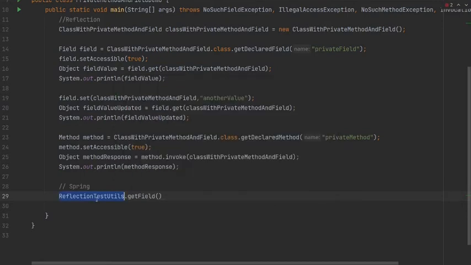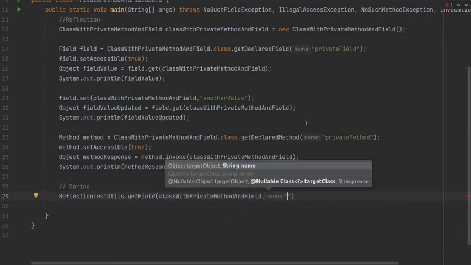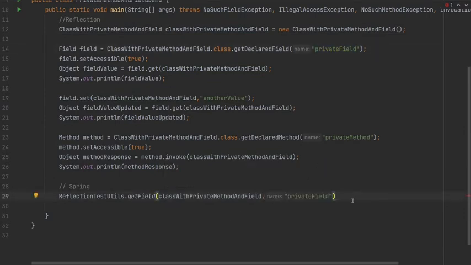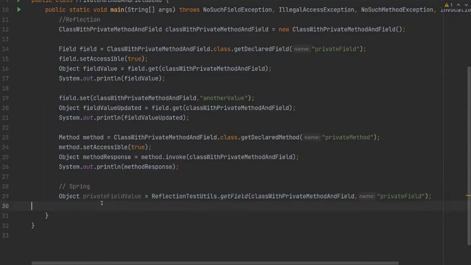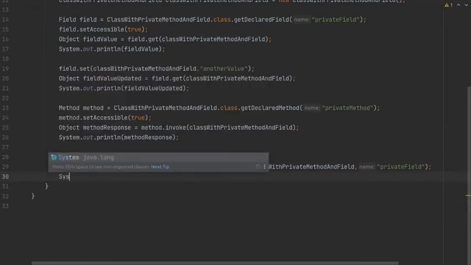To get the field, we invoke getField on ReflectionTestUtils and pass in the object of the target class, and then provide the name of the private field. Now we can get the private field value. This is an object, so I will store it as an object, and now we have the private field value, and we'll try to print this value.